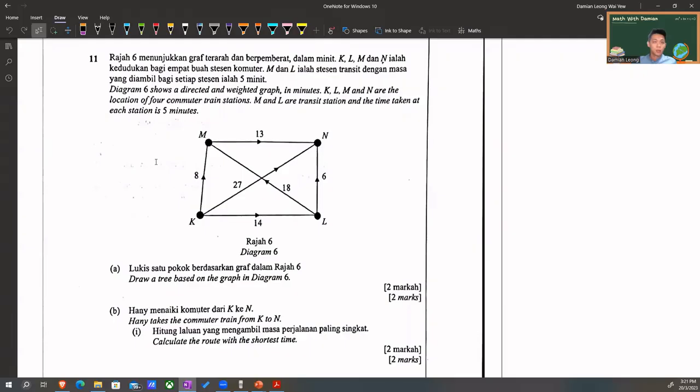Okay, there are actually many possible trees I can draw. So I want to draw a tree that connects all of them lah. Okay. So if I start,